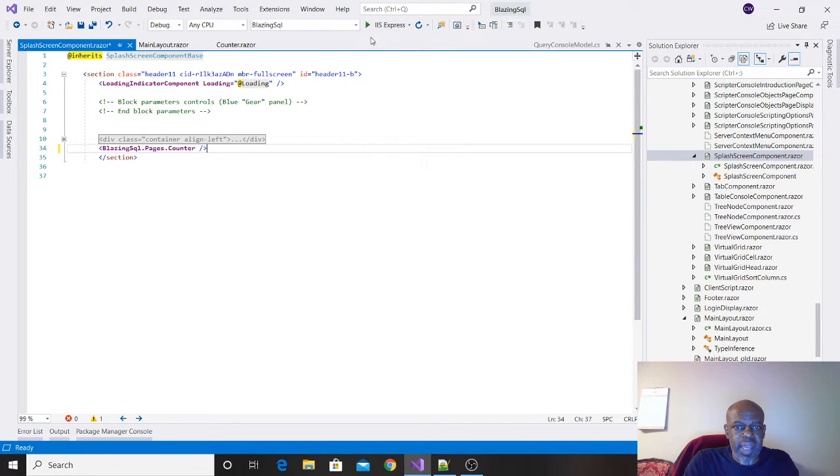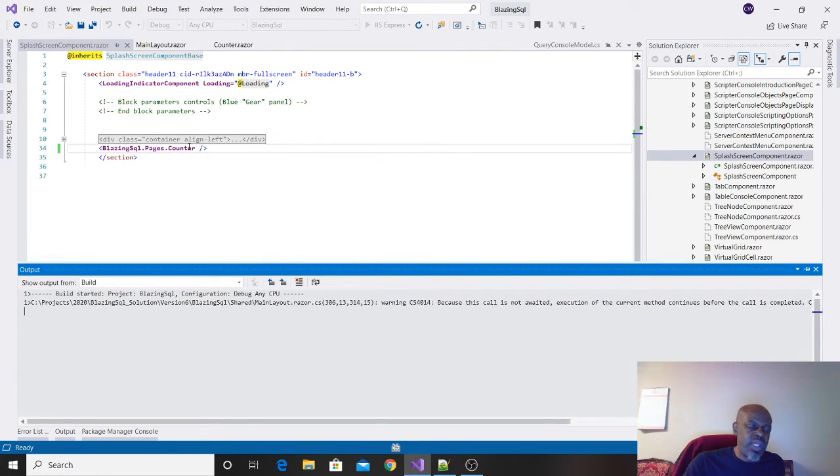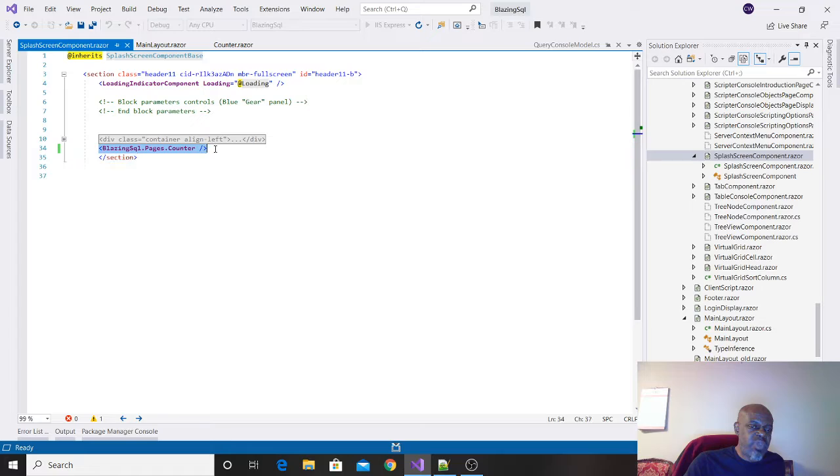Now that I've added counter, and this may just be a counter component that's from somebody else's library, I don't know anything about the internal bits of it. All I know is that it's a component that I can use in my project. I add it to the page, and then you'll see how it displays and functions the way that it was pre-programmed by whoever the third party provided, which happens to be Microsoft.